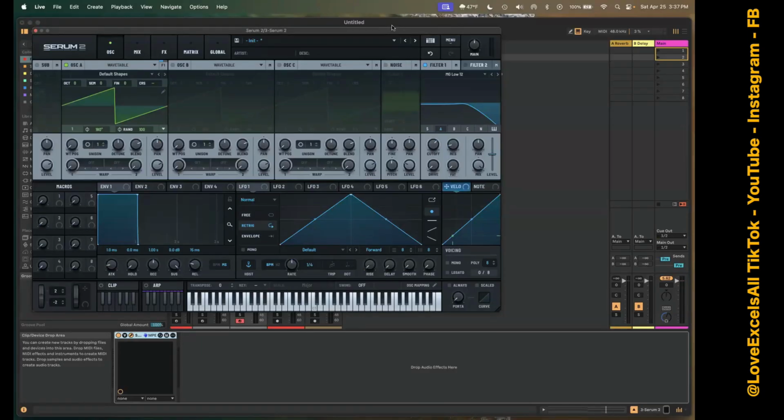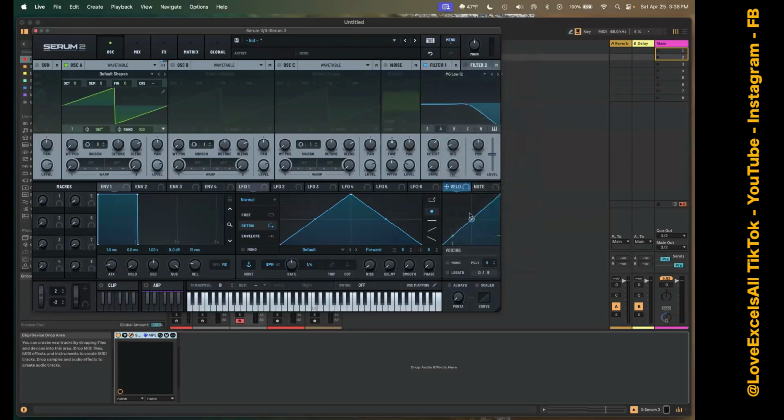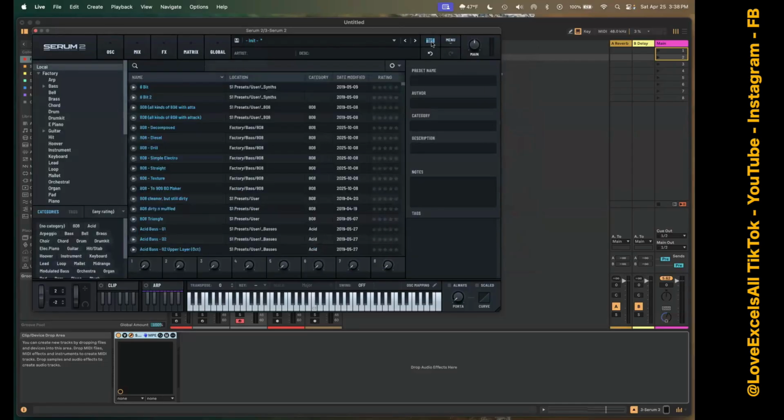Got someone entering the room. I don't have velocity enabled right now, but I'm going to quickly enable the velocity and show you where we can